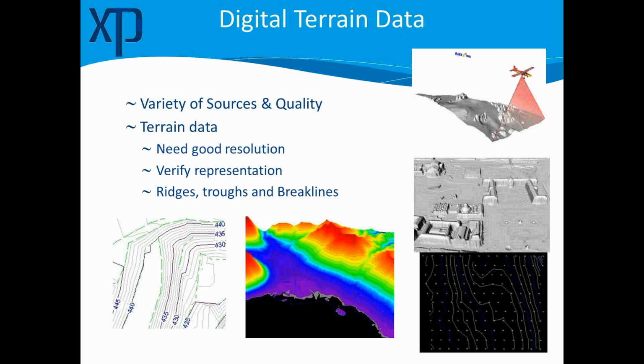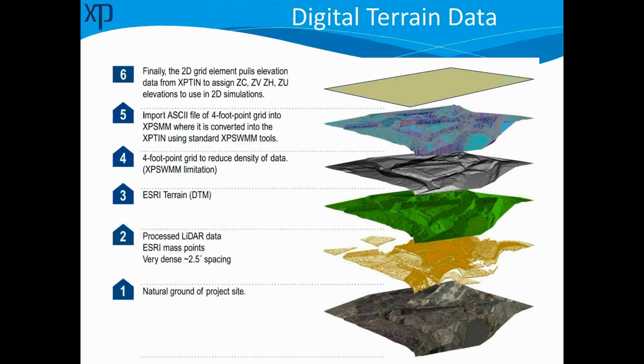And to illustrate that, I want to show a slide here. This was put together by Jeff Wenger at Brown and Gay. At the very bottom of this, you might see that nav. That's what you and I would see if we looked down the site with our binoculars. But by the time you progress up these steps, you go through from the LiDAR data, and then we start looking at ultimately the very top. When you have a two-dimensional model, whether your model is a mesh with a triangle, or it's, in XP's